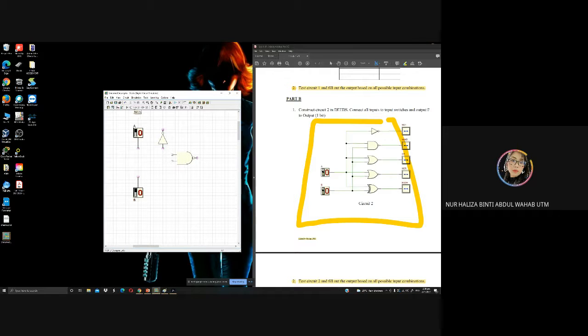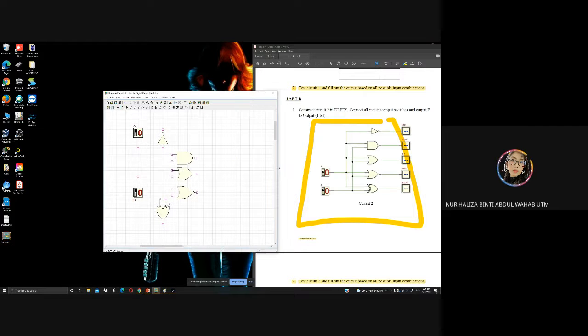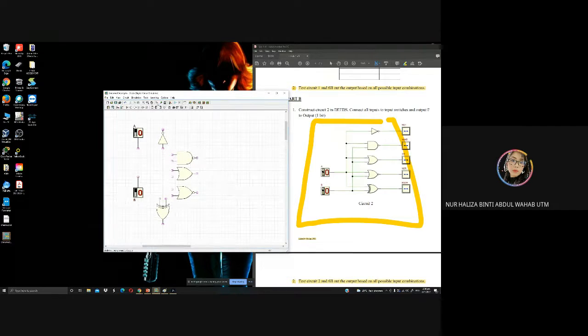And I have O. Another one is NOT. And maybe another one is XOR. So I put it like this. So it's slightly different, but yeah, because I want to play around with the simulator and I want to understand the circuit. So when you understand the circuit, it doesn't matter how it looks like because this one is like